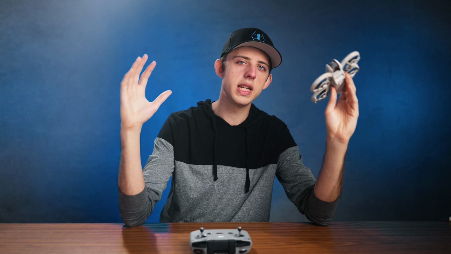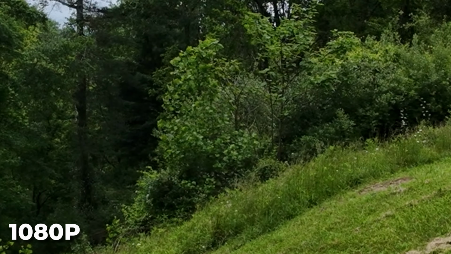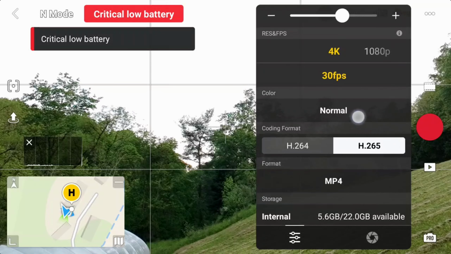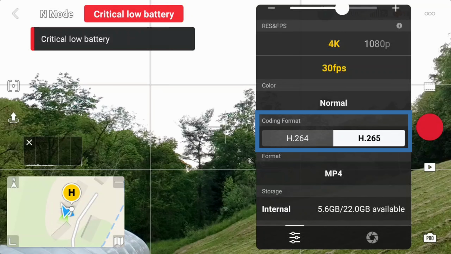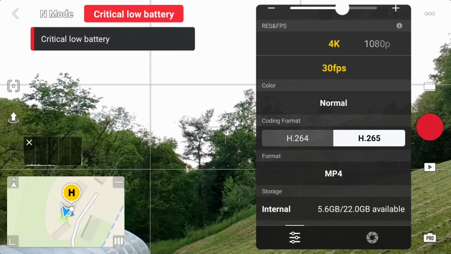And often that will look decent without any extra adjustment. And then next we have resolution and frame rate. Again, you'll want to set the resolution as high as possible, so that would be 4K. 1080 does not look very good. Again, you are limited to 30 frames per second, so that's what you'll want to choose. And again, same thing here, H.265 is what I'd recommend, but H.264 can work fine if your computer struggles with